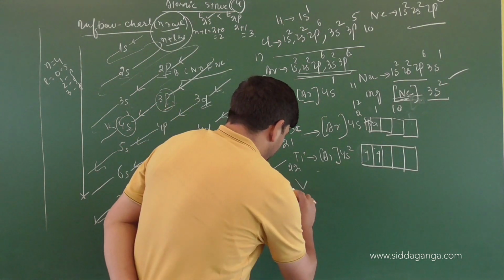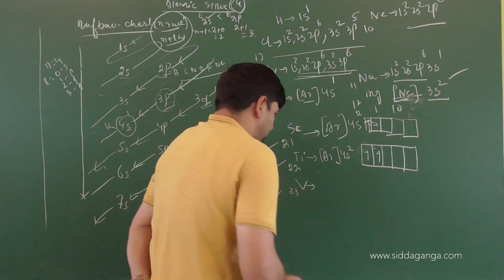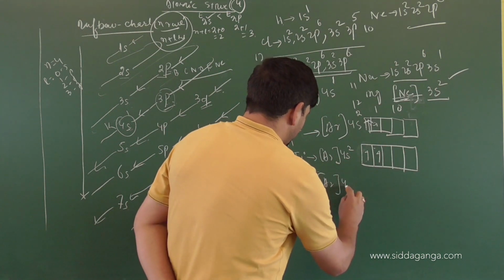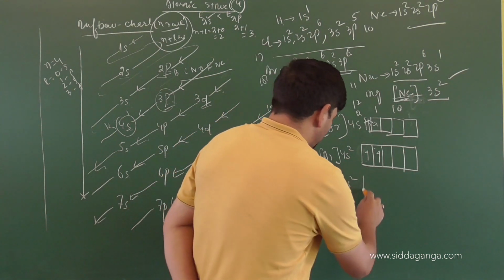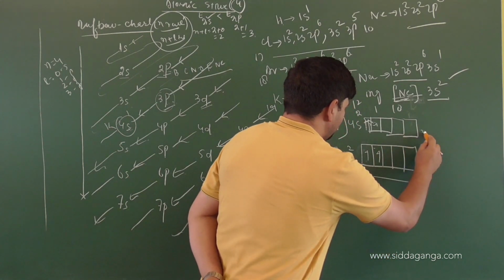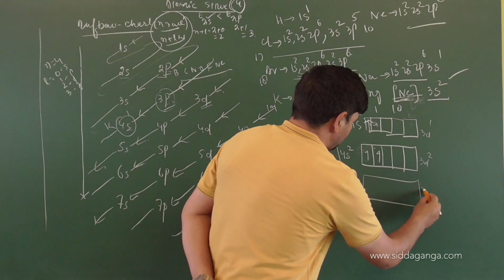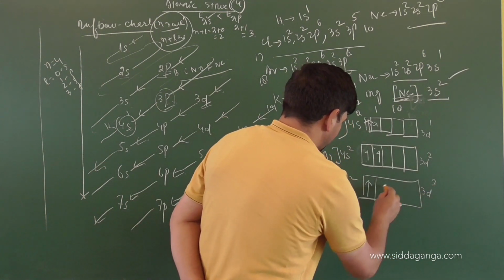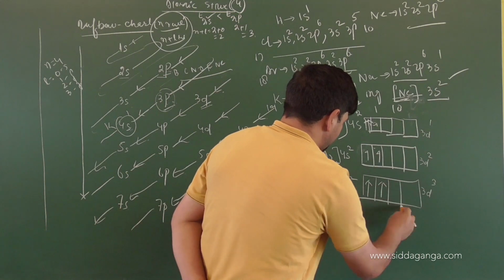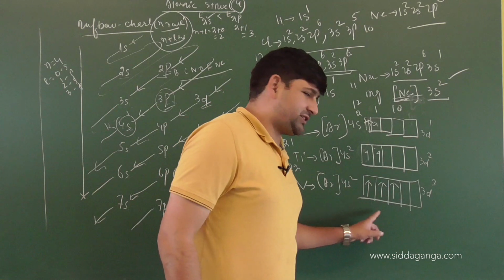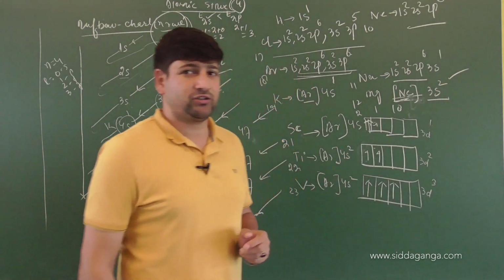Then you have vanadium, atomic number 23. This is important, you need to understand. So you have argon again. Then 4s2 will remain as such, but how many will be in d? Here it is 3d2, here it is 3d1. So what do you expect here? 3d3. So it will be 3d3: one electron clockwise, one electron clockwise, one electron clockwise. Now all of you should understand why I am giving a single electron. I discussed it yesterday according to Hund's rule.